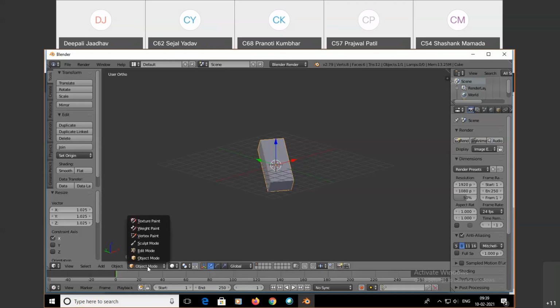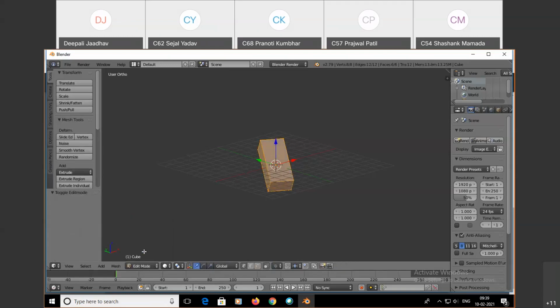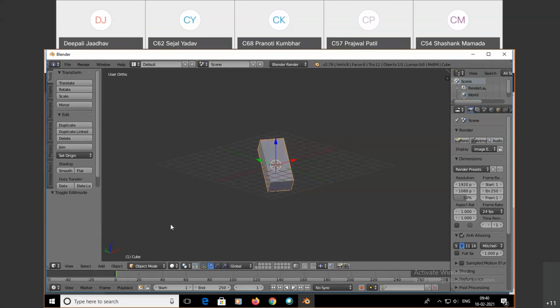Here in the menu it is available: texture paint, weight. Normally you require object mode and edit mode. Now it's object mode, but if I want to edit it, you can select edit mode. Another simple option, or the shortcut key, to switch from edit mode to object mode is Tab. When I press Tab, now it's object mode, now it's edit mode, object mode, edit mode. For that you need to first select the object. If your cursor is somewhere else, it will not be selected. So Tab: edit mode, object mode.